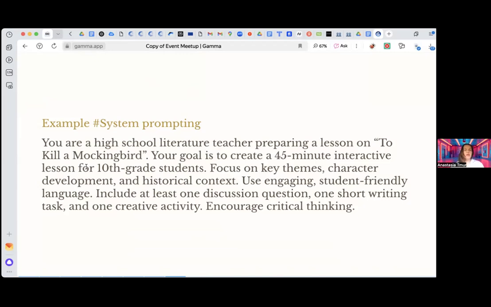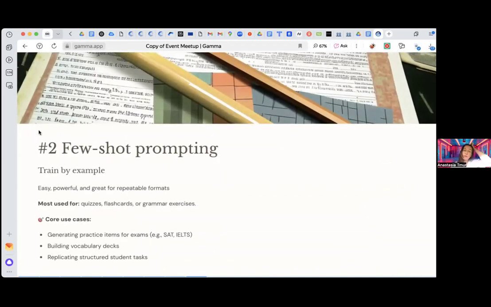Got it. So the next technique is few shot prompting. It is necessary when you have an example of tasks, an example of a quiz, or you have a vocabulary or a lesson, or maybe exam tickets or tasks. All this stuff is good for few shot prompting. You can use it to generate practice items, to show the sample, to show the example, and to ask it to make the same or similar things.